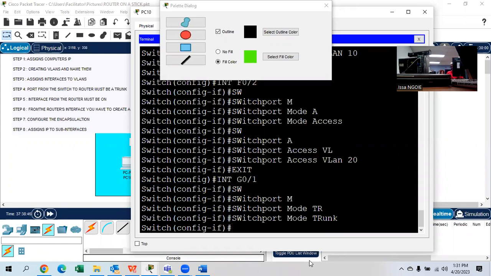Switch port mode trunk. So we are done with step number 5, right? No, we are done with step number 4. Now we're gonna move to step number 5. The interface from the router must be on. So what we're gonna do,